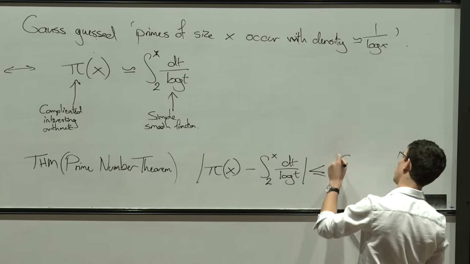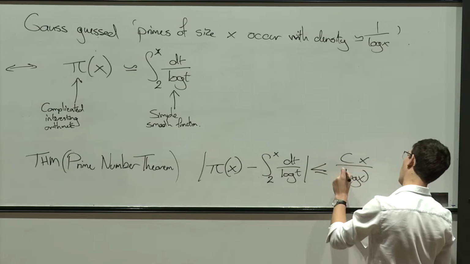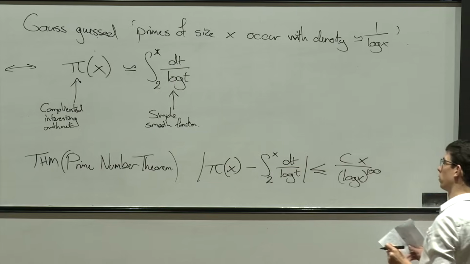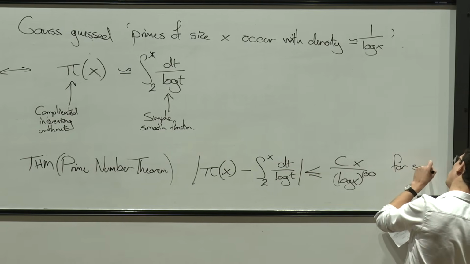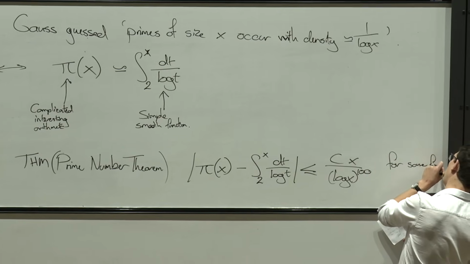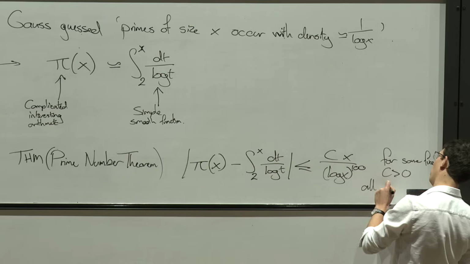So this is less than or equal to some constant times x divided by log x to the power 100 for some fixed value of c bigger than 0